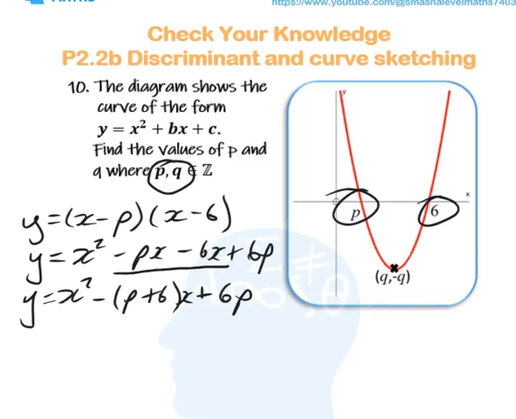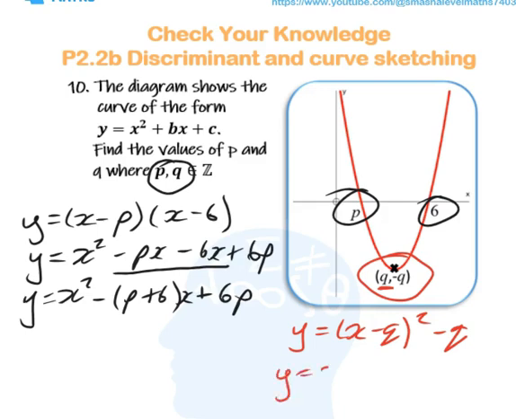Next thing I'm going to do is use that piece of information to write an equation regarding q. So we're going to use completed square for that one. So it's a minimum point, so we know we've got y is going to equal (x minus q) all squared. So that gives us the x coordinate, that's the first part of it, and then the minus q, that's the second part of it. Now let's multiply that out, and we've got y equals x squared minus 2qx plus q squared minus q,